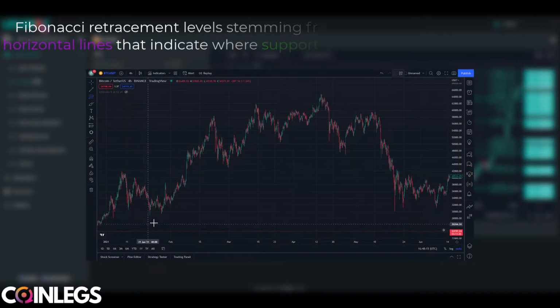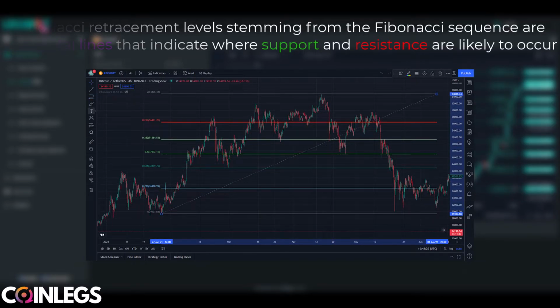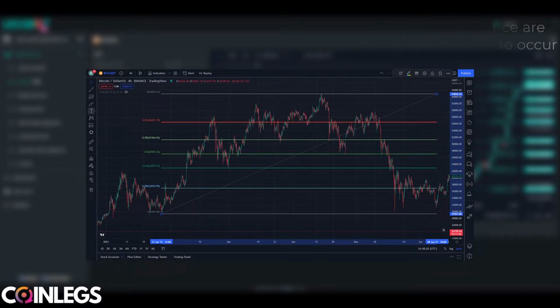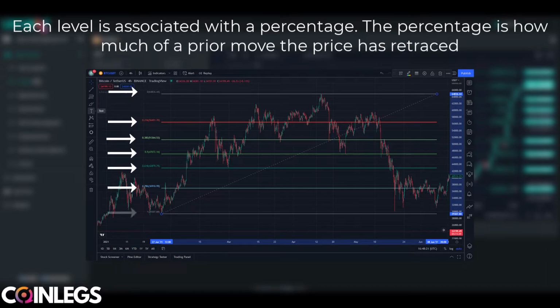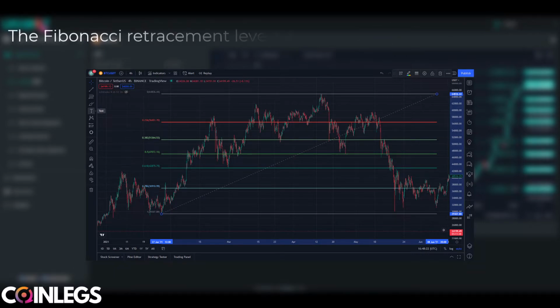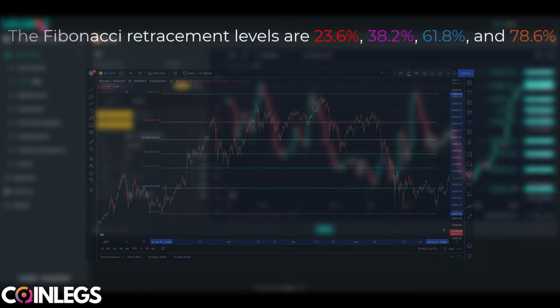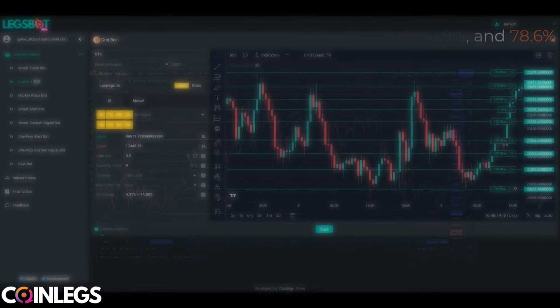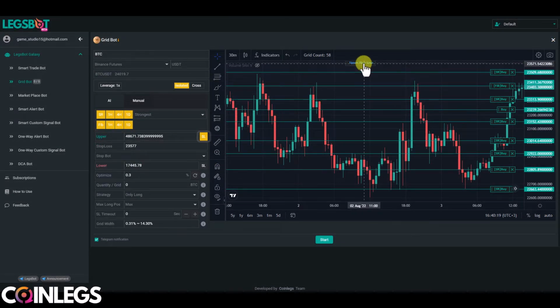Fibonacci retracement levels, stemming from the Fibonacci sequence, are horizontal lines that indicate where support and resistance are likely to occur. Each level is associated with a percentage. The percentage is how much of a prior move the price has retraced. Fibonacci retracement levels are 23.6%, 38.2%, 61.8% and 78.6%. In the upper section, you can set your upper level, and by clicking the stop loss button, you can set